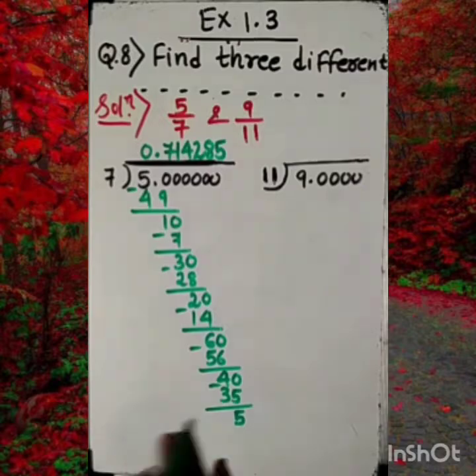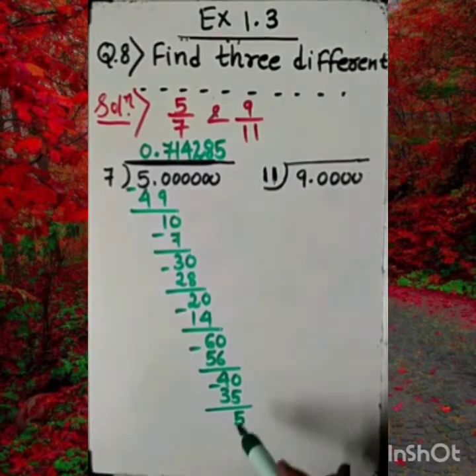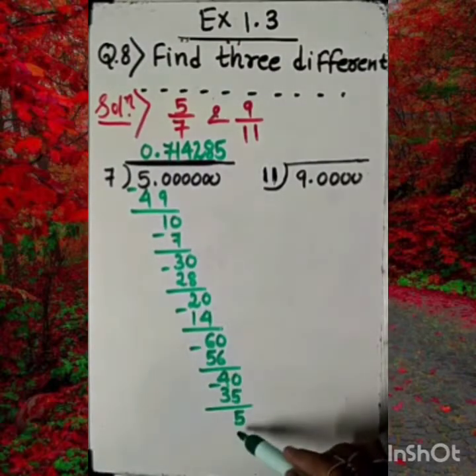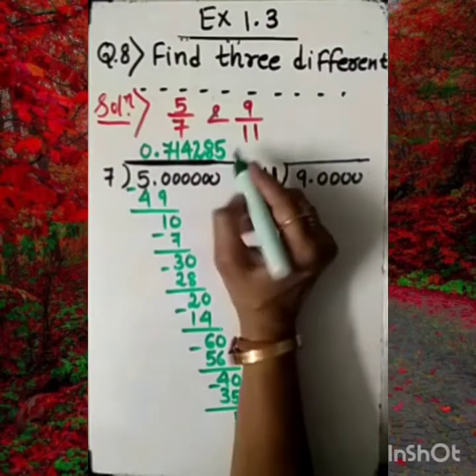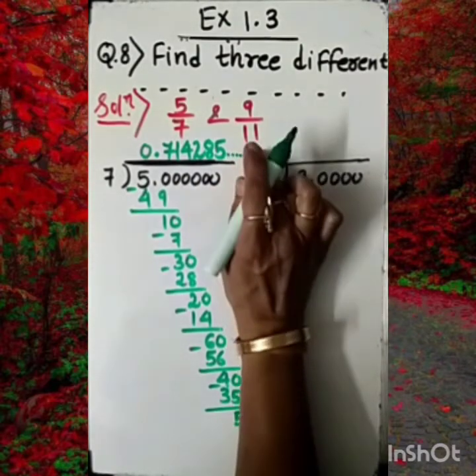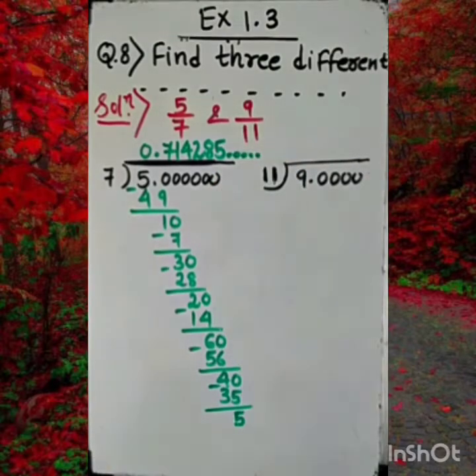In such a way you can see the repetition, because when we were having 50 here, if I go on with the 50, then the same procedure will be repeated. So if you proceed, you will have the repetition of all these numbers. So please mention dot dot dot for this.